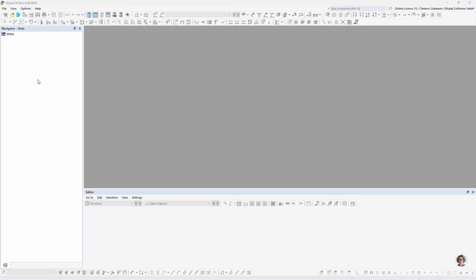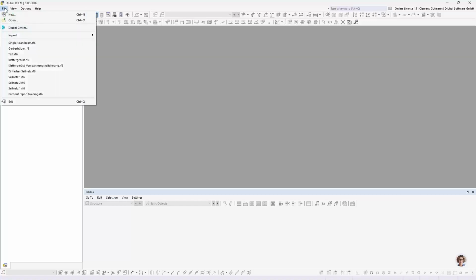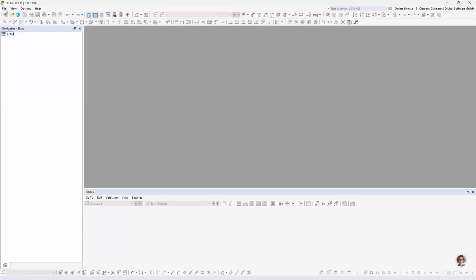And if you open the software for the first time, it's a little bit gray, but that'll change very quickly once we create a new model. And that we can do in 3 different ways. One way is to right-click on the RFEM icon in the data navigator. Second way is to go into the menu bar, File, New, and the third possibility is the icon in the toolbar. I'll click on that,